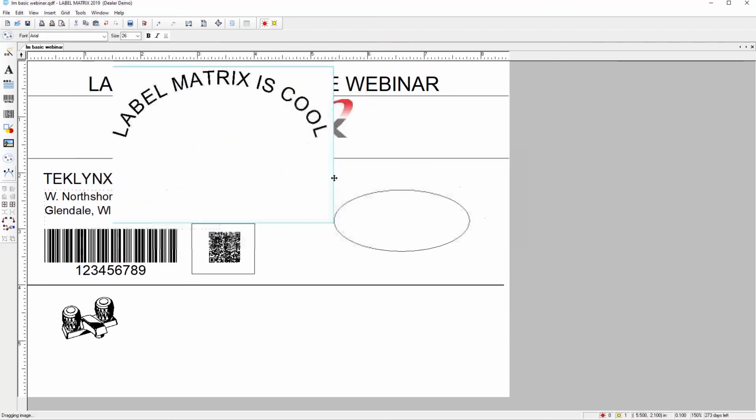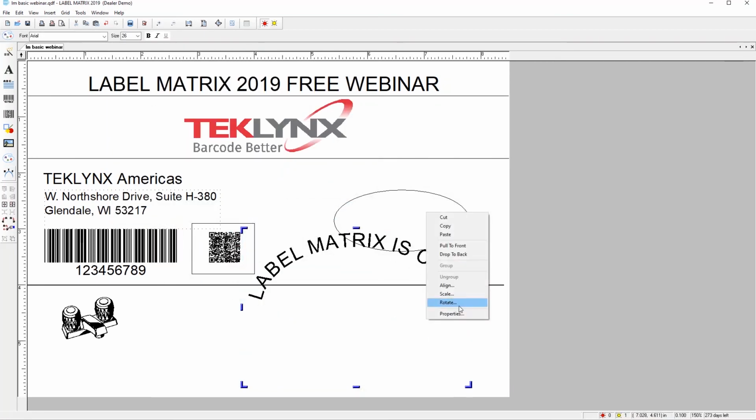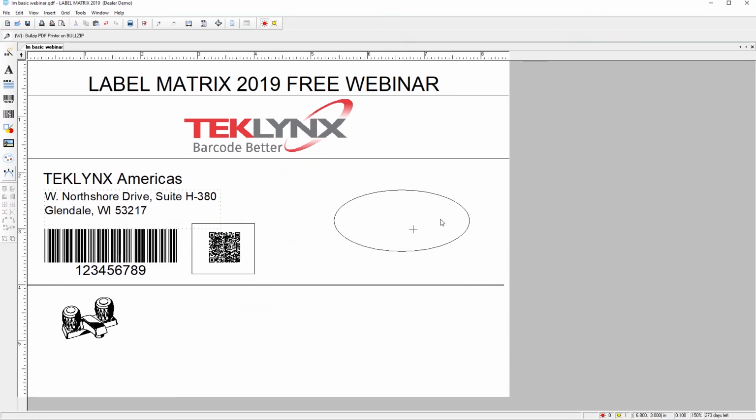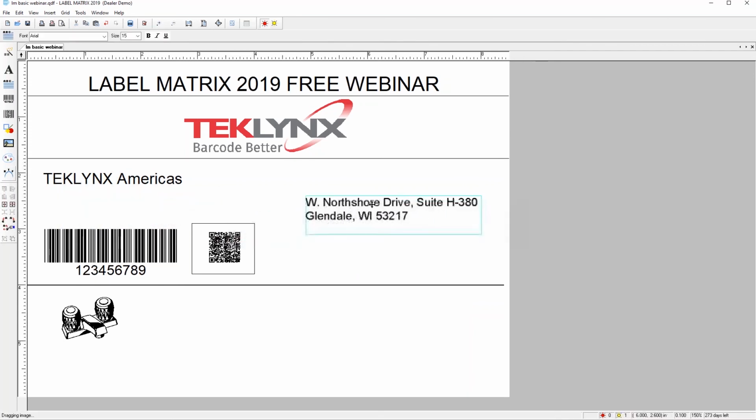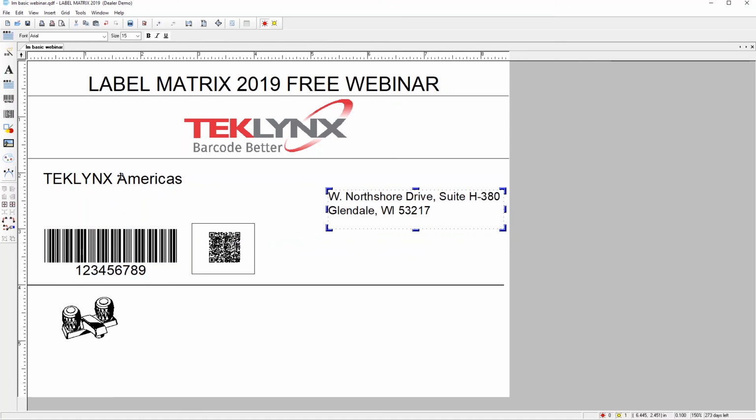So let's go ahead and grab some of these objects, and we're just actually going to remove this object just so we have a little bit more space. And the same thing with this circle. Let's go ahead and do that too. Now let's say we had this paragraph object over here, and we wanted to align it with this object over here. So if you hold the Shift key and click on both objects,